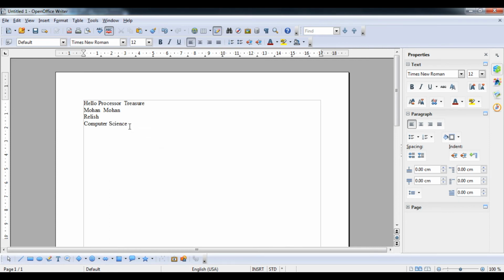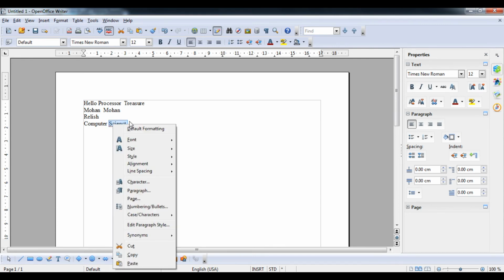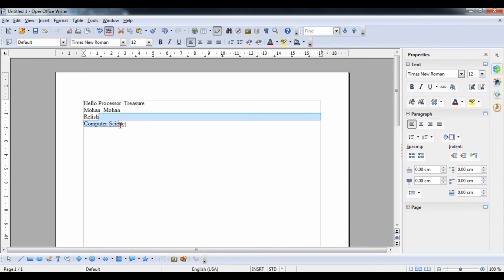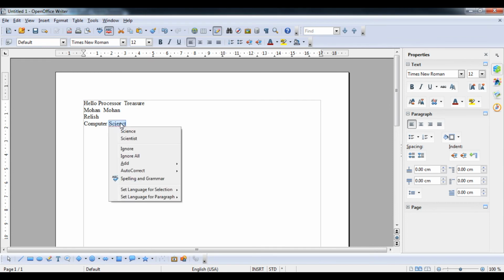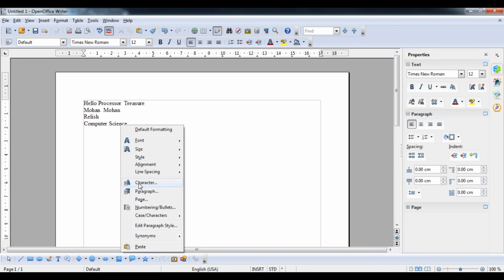science. So what I am going to do, student, here I have not written it like this. Now I will select only this word and right click on this, or I will right click on this directly, and now you can see, student, here is an autocorrect option. And then you can see scientist, or science, so you can select science also. Now you can go to the synonym option. Here you can see the thesaurus option.